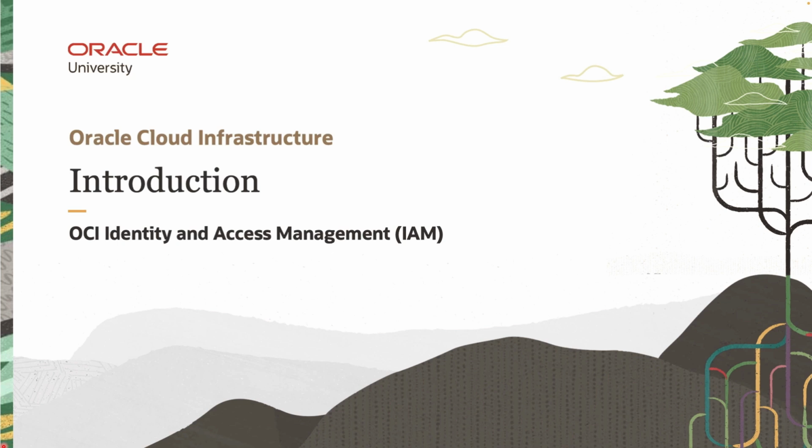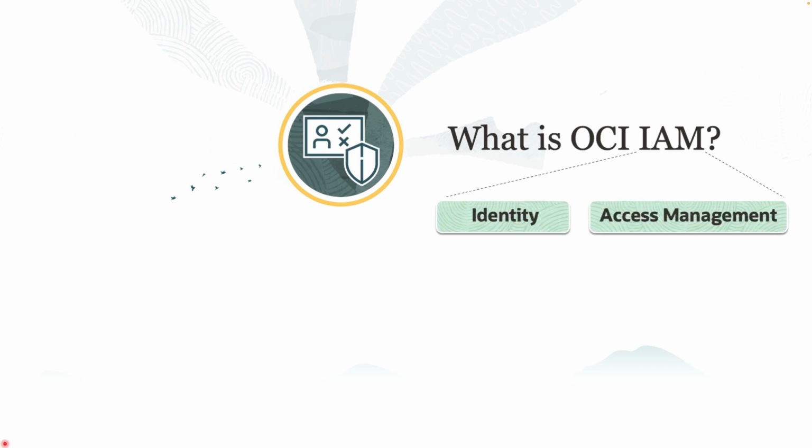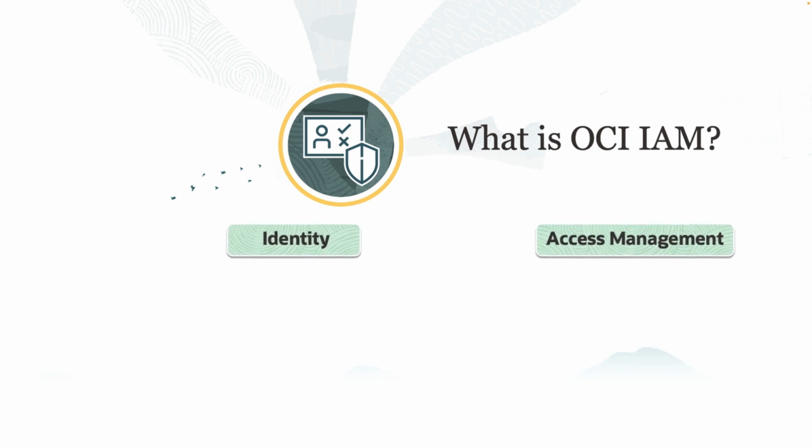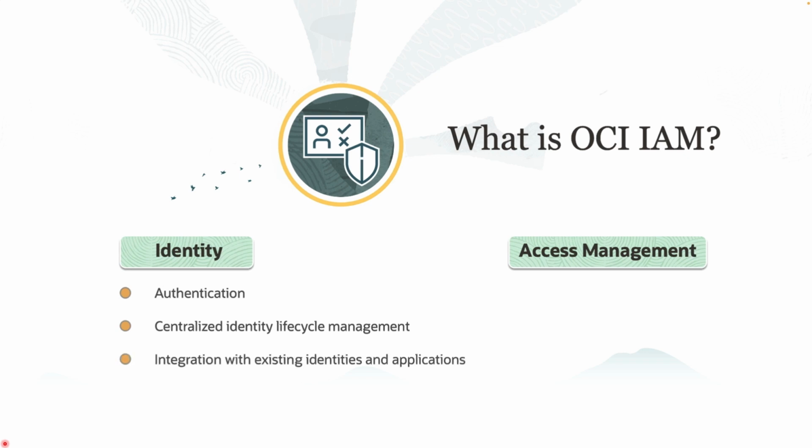So let's get started. So what is OCI IAM? It is a cloud-native service that provides identity and access management features. And if you look at it, it has two major components, identity and access management. The first part is identity, which ensures the authentication. It can be inbound, outbound, or SSO. So basically, it provides complete identity lifecycle management. It can also integrate with the existing identity stores, external identity providers, and applications to provide secure and easy access